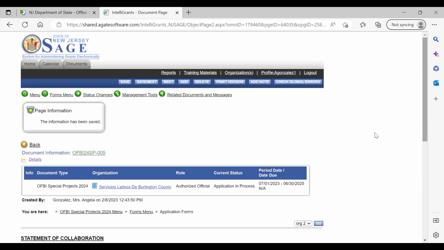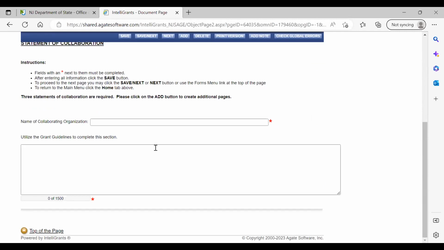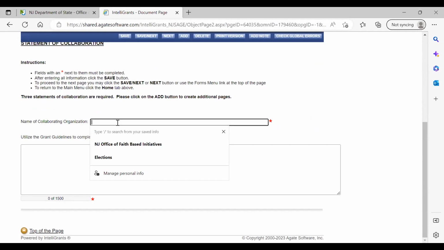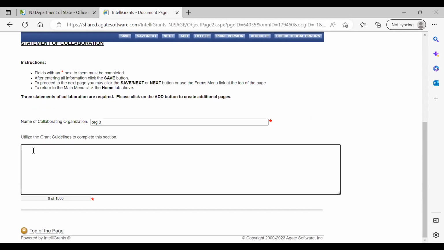And then for the third one, you come up to the top, click add. And come to the bottom, put the name of the third organization, summarize that support letter, put it in a text box and click save.